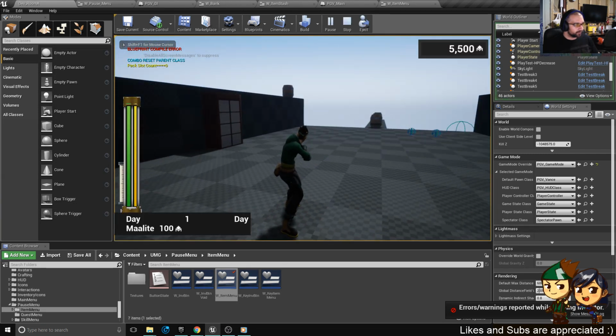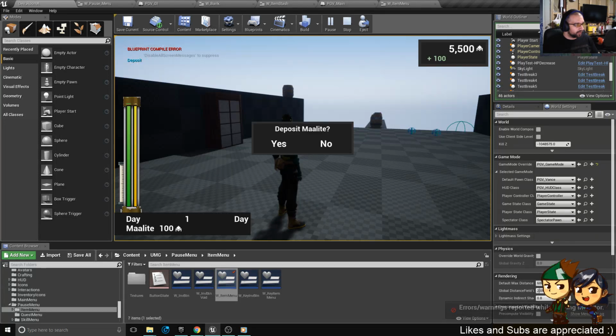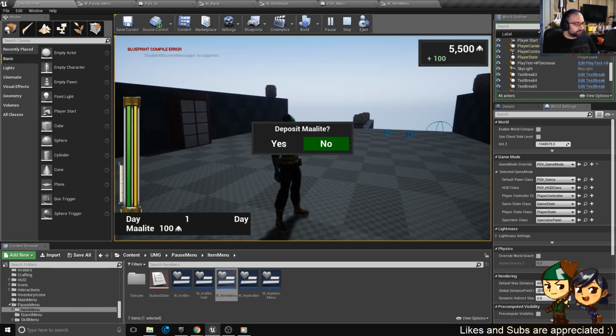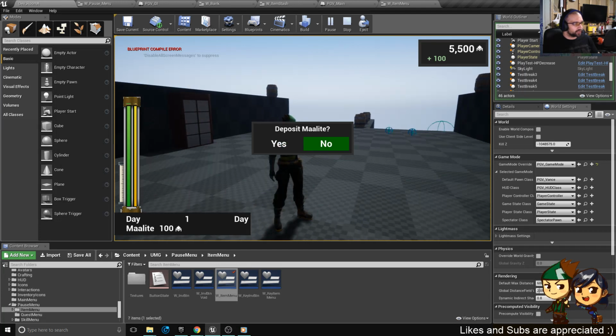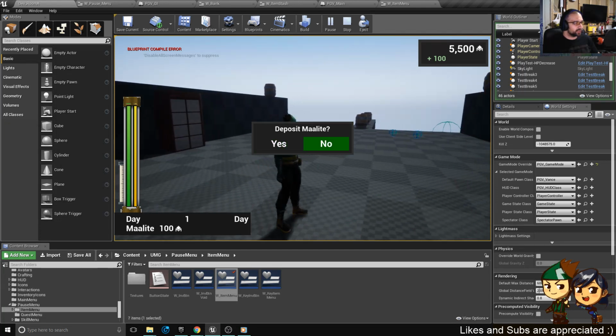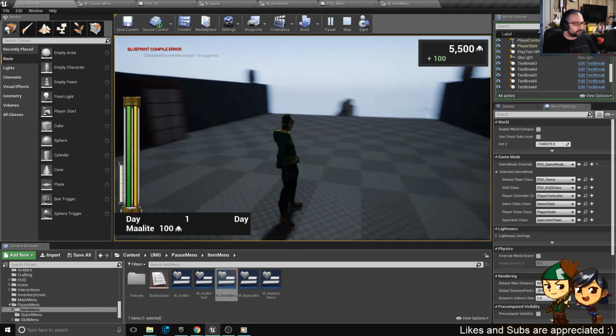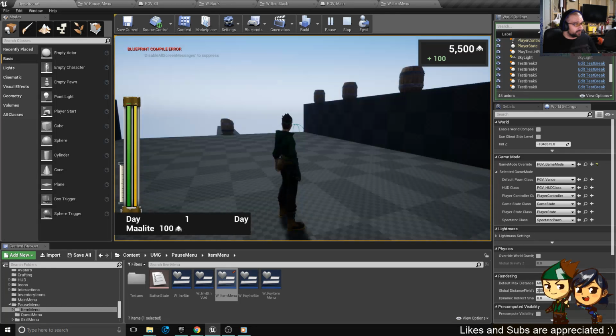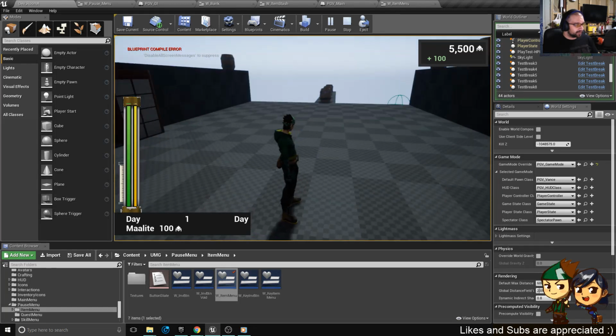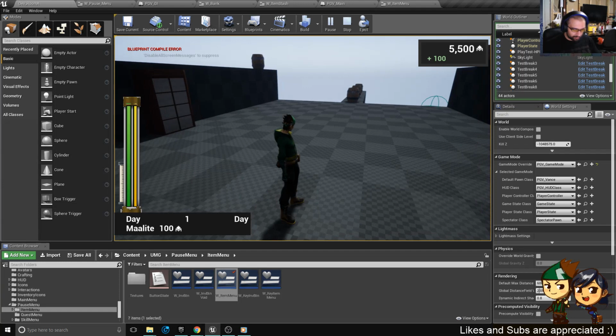Hit B, hit spacebar, asked if we want to deposit malate, yes or no. So we can see that we definitely want to be able to see what's focused initially, which is something we forgot to add in. If we hit no, we hide our options box, but our quantity at the top right still says plus 100 as if we're trying to confirm. So those are two things there. Just going to make a note of these. So on no,